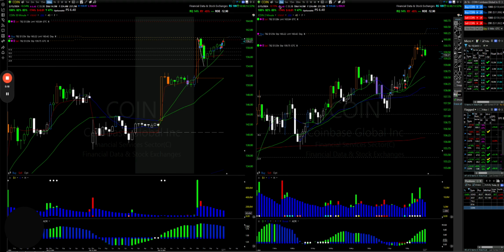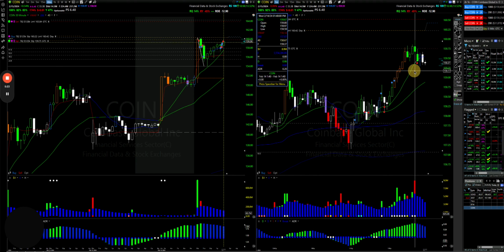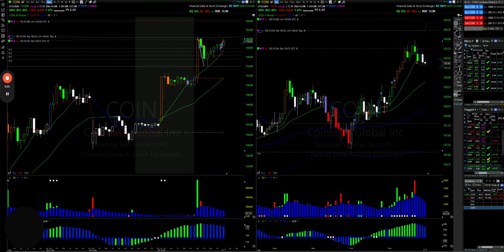Or that could be it. So that's, you never know. All you can do is have your own plan. But this right here, as long as it's below basically this candle here, like that level, see, it sold off on volume and now it can't get above. It's like big time resistance. So actually, I mean, theoretically, I could move this down here. Because if it can get above that, if we start to see some buyers come in,